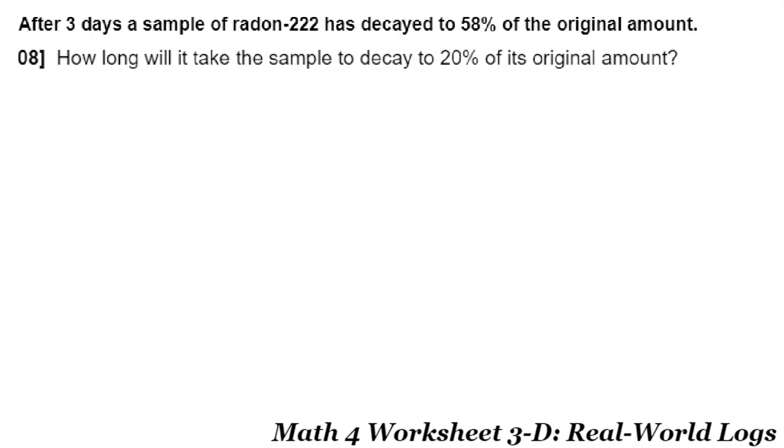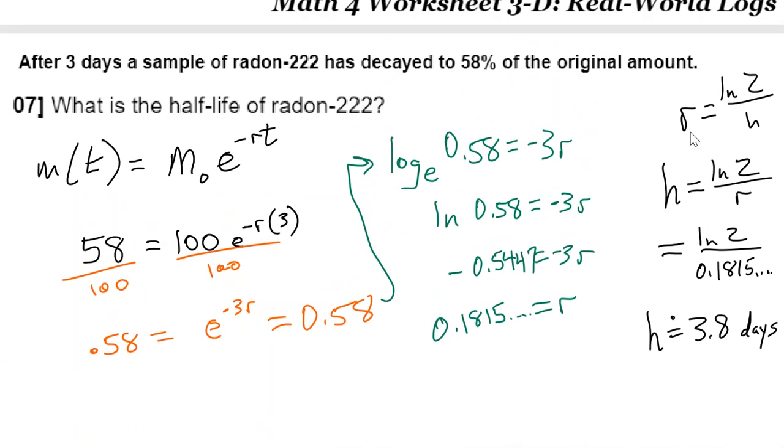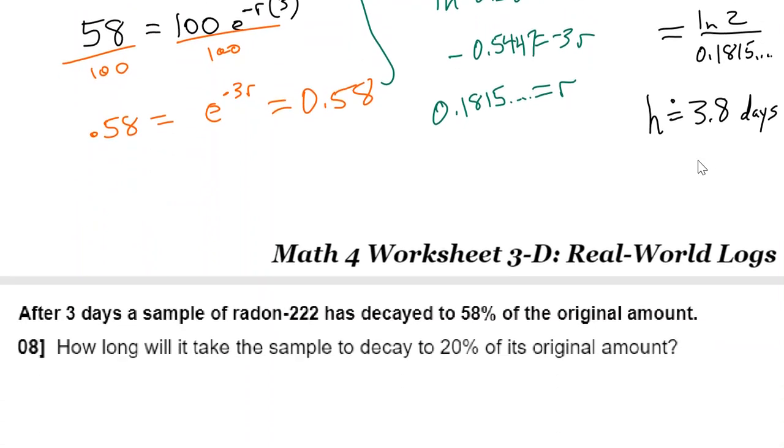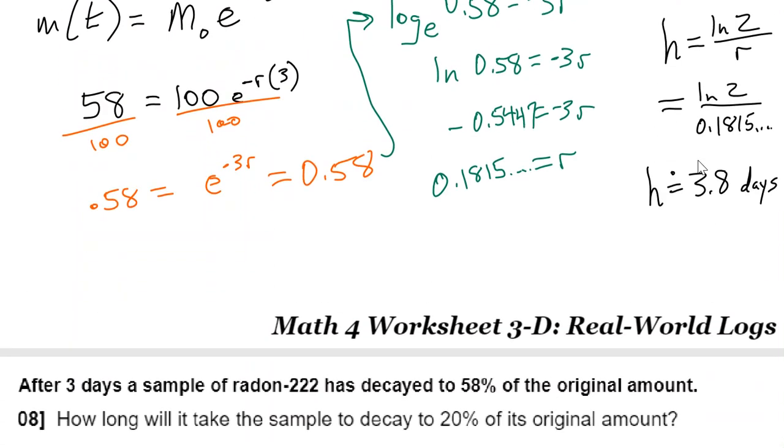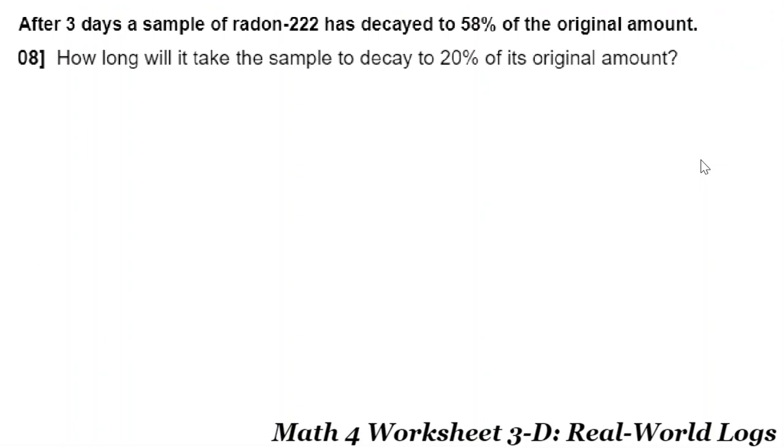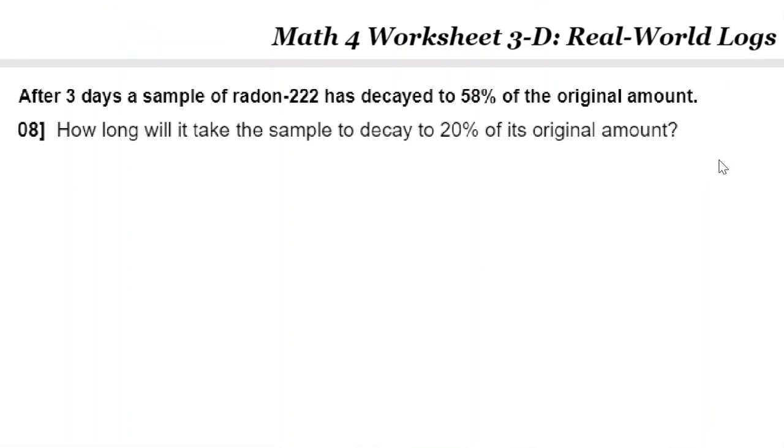Okay, the second half of Worksheet 3D for the Math 4 course. Picking up with number 8, we had already figured out that R, where did it go? R was 0.1815 and some change. So we can use that for future. At this point, we can rewrite the generic as